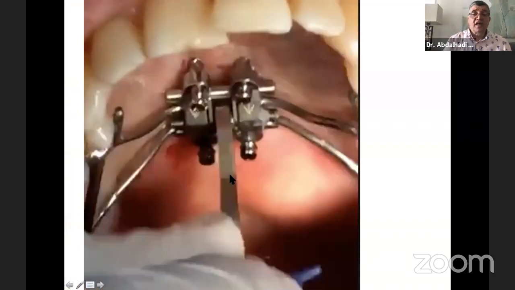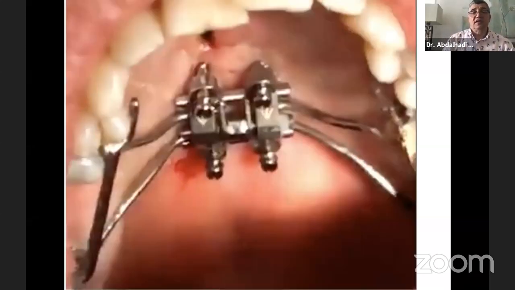I continue the activation. How many activations? Usually I start with 6, and then at each one I ask the patient, do you feel pressure? How much pressure? Too much pressure? Until the patient says, yes, I feel real pressure on both sides. Then I stop, because I find it's different from person to person. And I find the slim people cannot take too much pressure, and the people who are fat can take much more than the others. Here now I have almost 1/4 or 2 millimeters, 1.5 millimeters on each side.